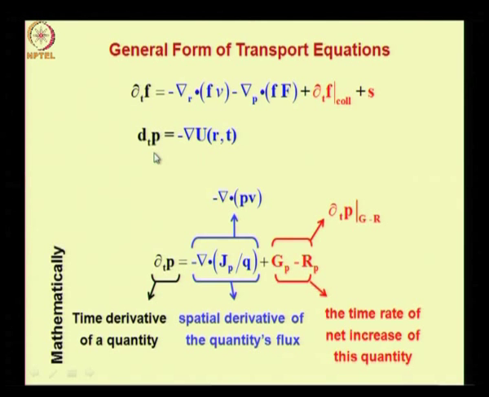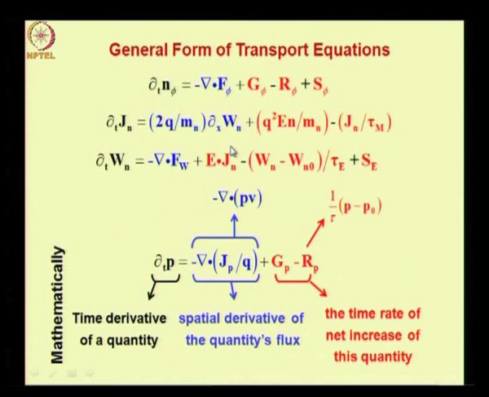Let us look at Newton's law. You have a time derivative of momentum on the left hand side and a spatial gradient or derivative, with a negative sign, of the flux of this momentum. Now dimensionally this turns out to be the energy. The balance equations are also of the same form as the hole continuity equation. So dou by dou t of n phi is the same as dou by dou t of p. Then you have the negative divergence of the flux of n phi, the same as the negative divergence of the hole flux.